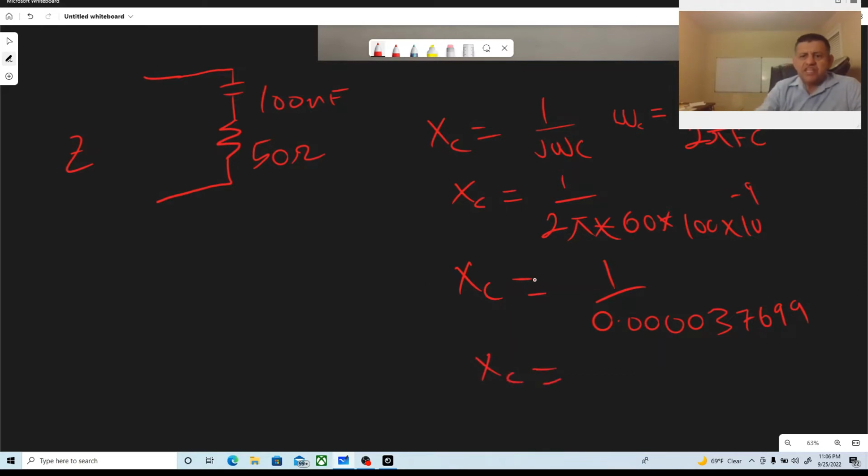Remember, we have to attach this. And also, we have to remember that this capacitor is